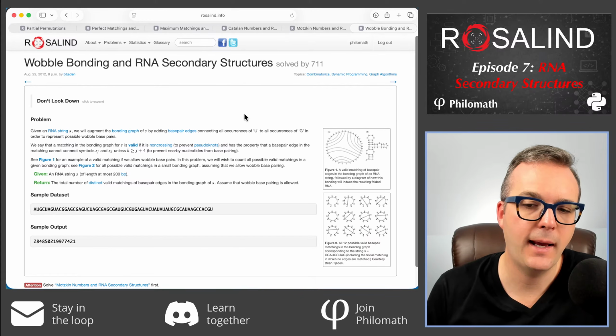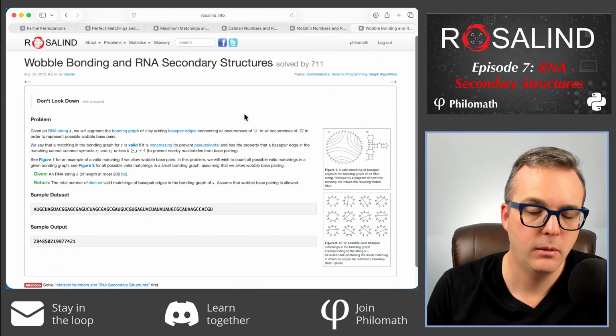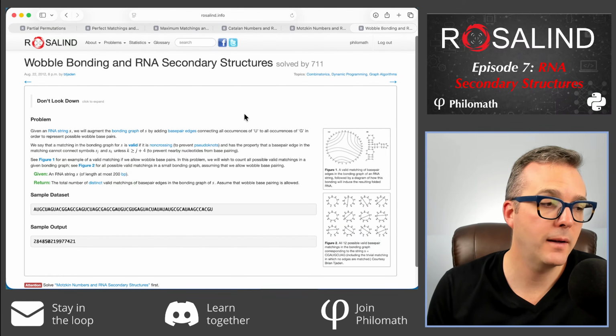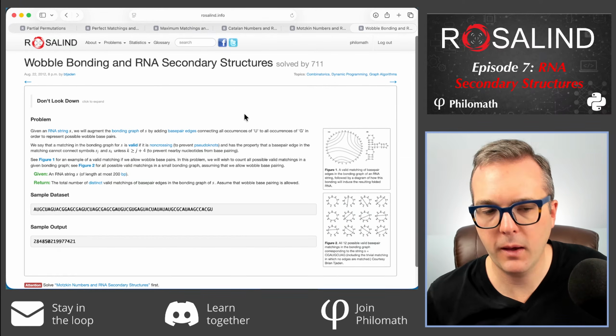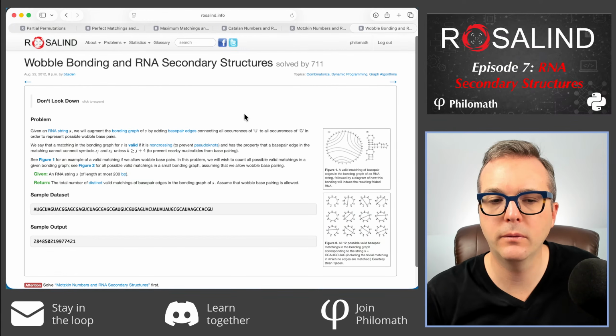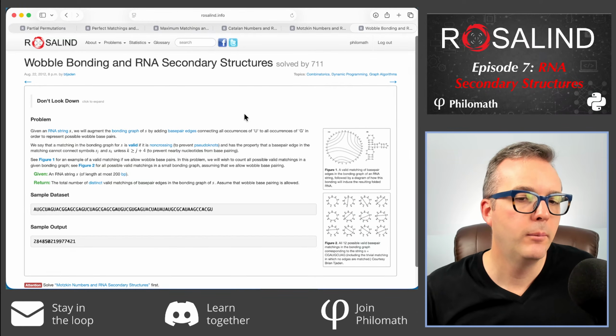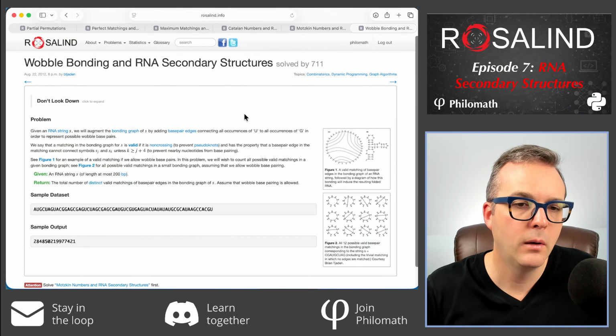We would want to say we want to allow matching of edges. We want them to be non-crossing. We want to consider all possible matchings, so they don't necessarily have to be perfect or anything. The reason why is it may not be the case that the number of A's and U's is equal and the number of G's and C's is equal. But this problem is going to add two more little things to what we've worked with before. Number one,